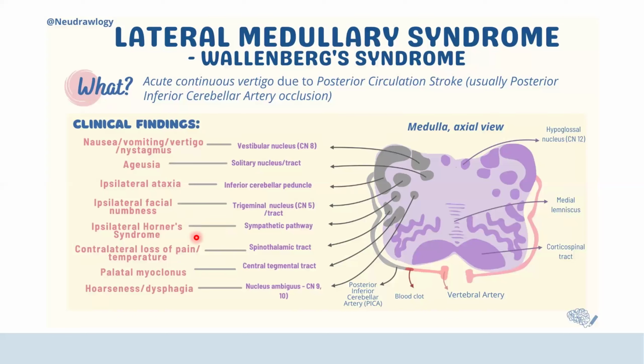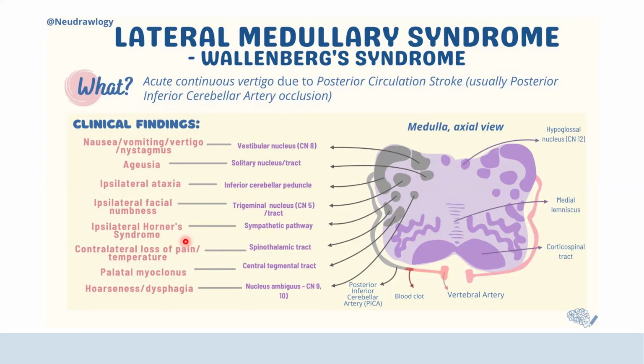And what does that mean? What is Horner's syndrome? We mentioned it last session. We have partial ptosis, not complete, because it's only complete when we have an injury to the third cranial nerve. Partial ptosis because the parasympathetic is basically taking over. We have anhydrosis, which means dryness of the skin, because the sympathetic is no longer able to stimulate the glands to produce the lubrication and sweat. And then we have miosis, which basically means the constriction of the pupil, because the Edinger-Westphal nucleus is no longer